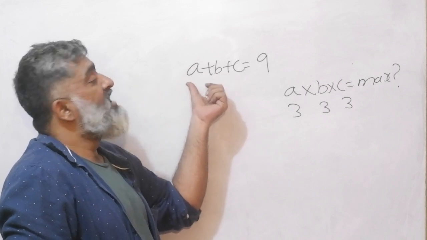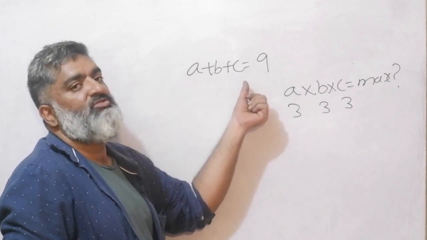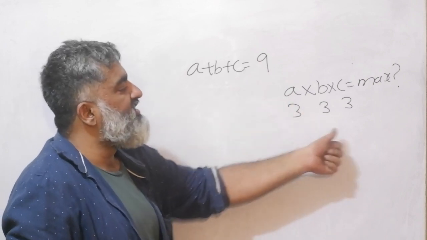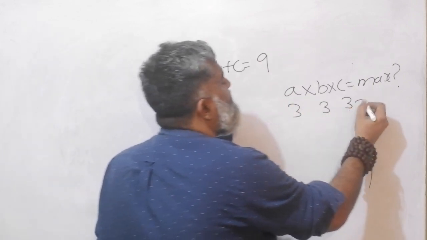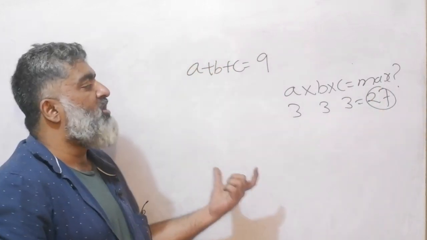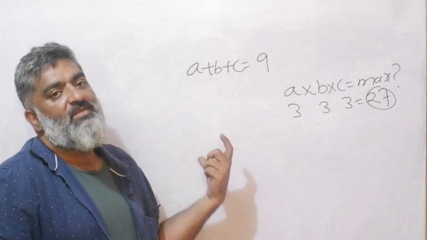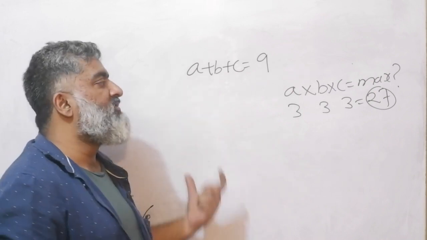I'm getting this here. I'm saying all of them are equal to each other, so my equation will become 3a is equal to 9, or 3b is equal to 9. So I'm getting 3, 3, 3, and my product will be 27. Again, I ask you to stop right now and confirm this value using your AM and GM method as well. That step I'm leaving for you.